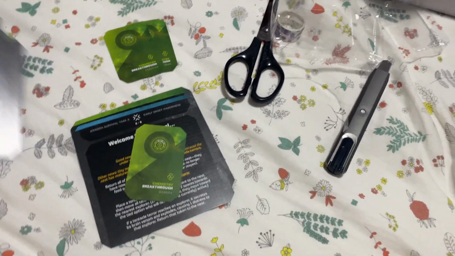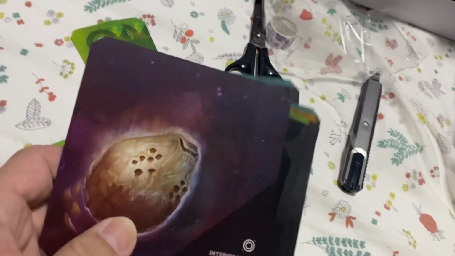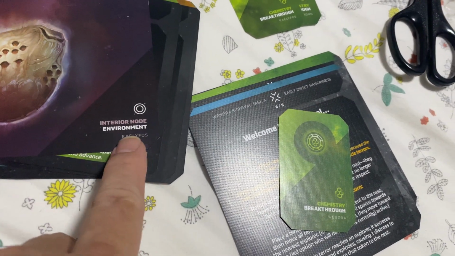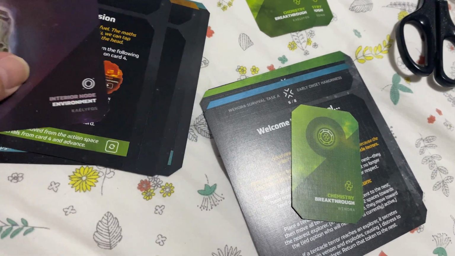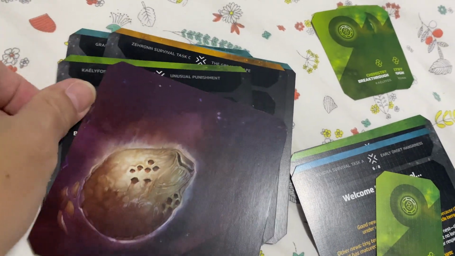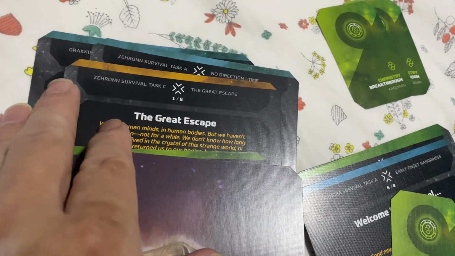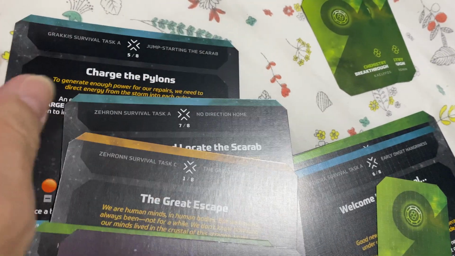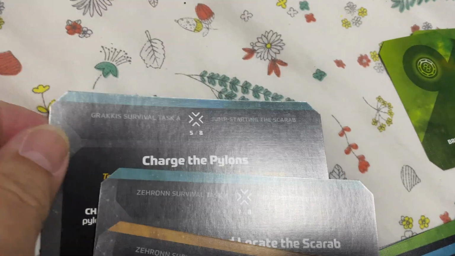Same thing with the big cards. The big cards are a bit easier, as you can see. This one belongs to Callisto, because it's there, and there's also one more card for Callisto here. Then there are 2 cards that belong to Zenroth, so this one and this one belong to Zenroth. And one more card that belongs to this